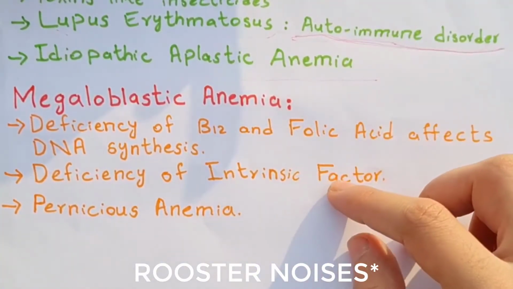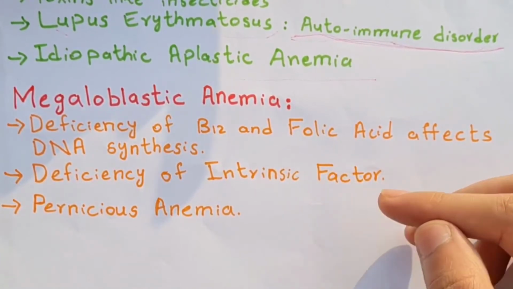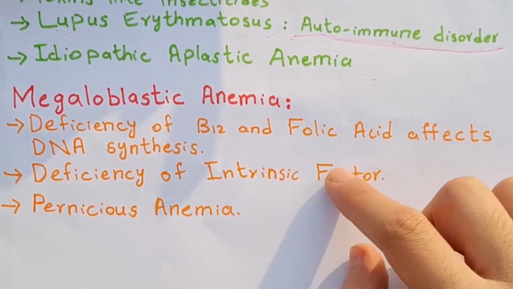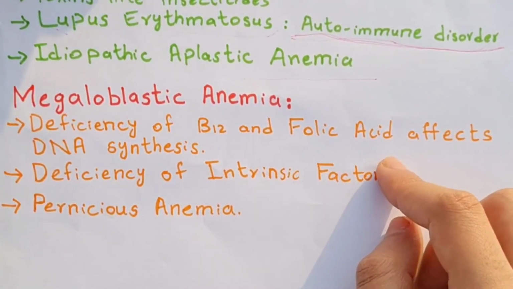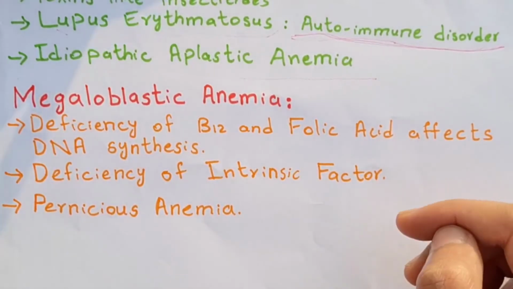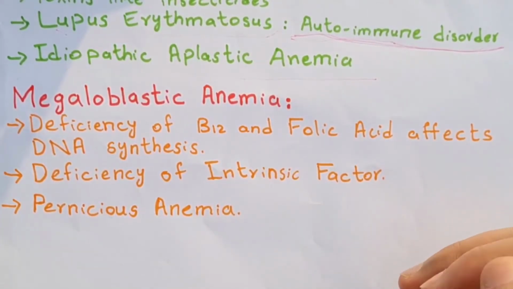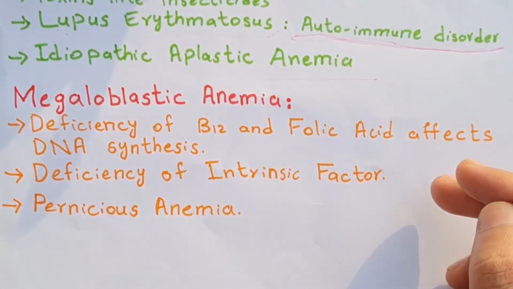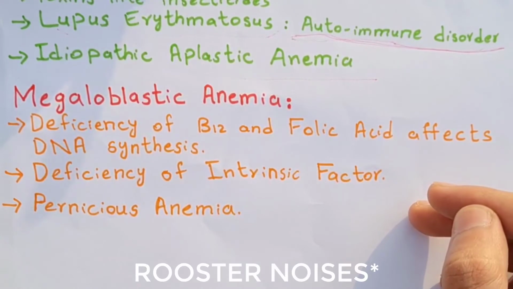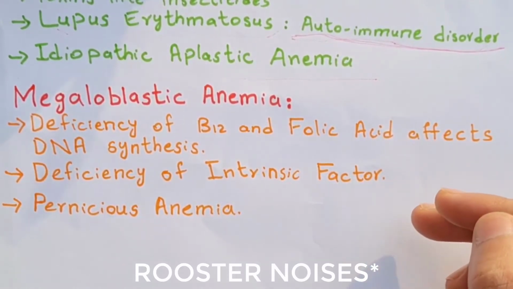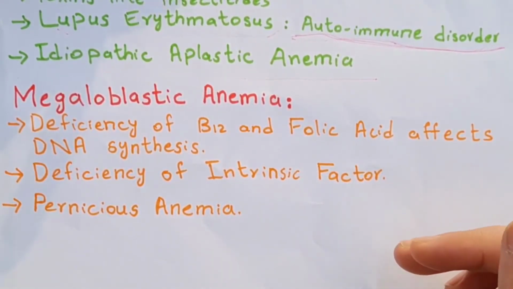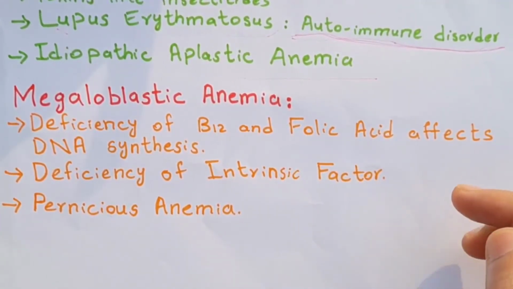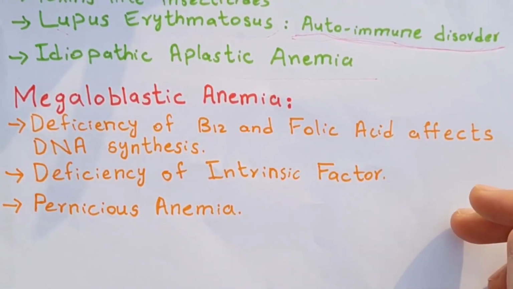First of all, we have anemias that are due to deficiency of certain vitamins that are required for DNA synthesis. These vitamins include vitamin B12 and folic acid. These vitamins are important for 1-carbon metabolism that is required for the synthesis of DNA. So in case of deficiency of these vitamins, there is a decreased DNA synthesis. As we know, DNA synthesis is required for cells to divide and proliferate. So in case of reduced DNA synthesis, there will be a reduced and slower reproduction of cells.